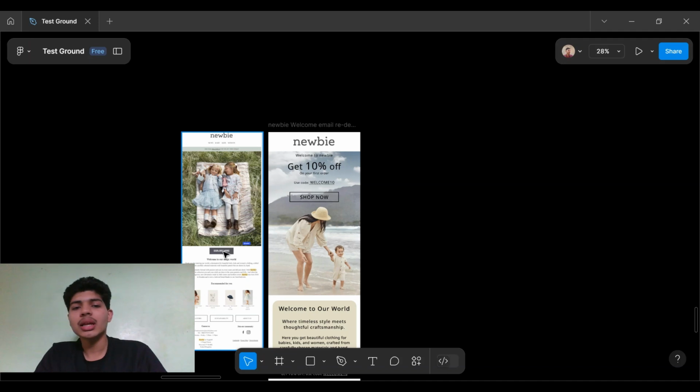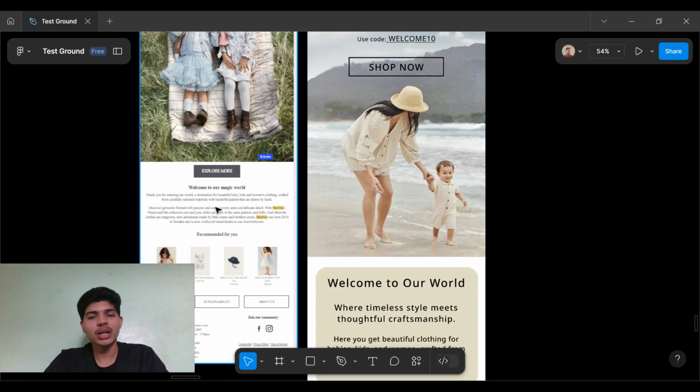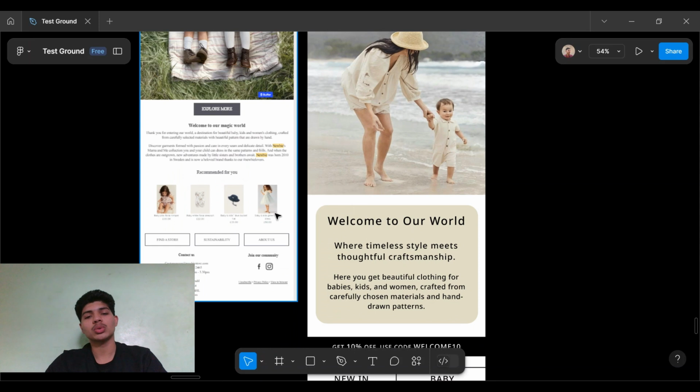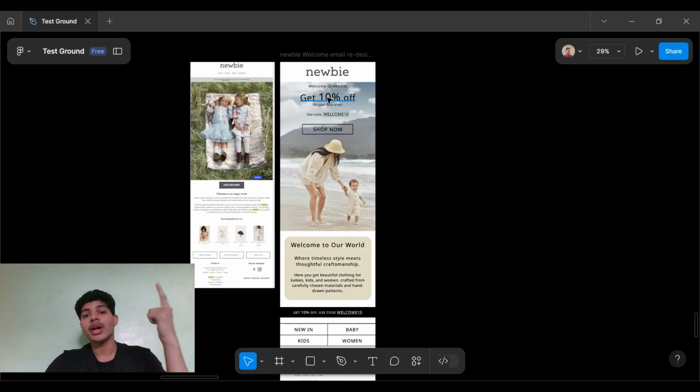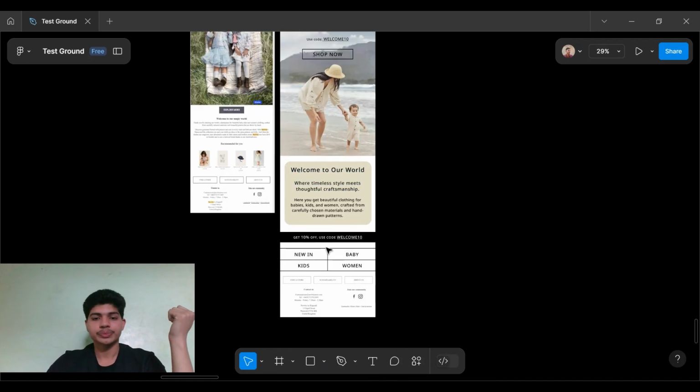And in this email, the copy is too small and congested for the reader to read subconsciously and for the eyes to be pleased. The images are too small. If you see here, the logo, and the same thing as before: the offer and a big CTA. We have some copy for the brand link, a reminder of the code, and a category-wise option. That's all.